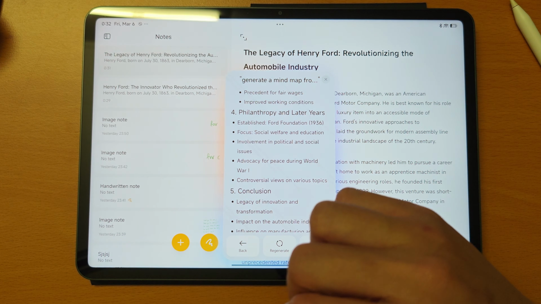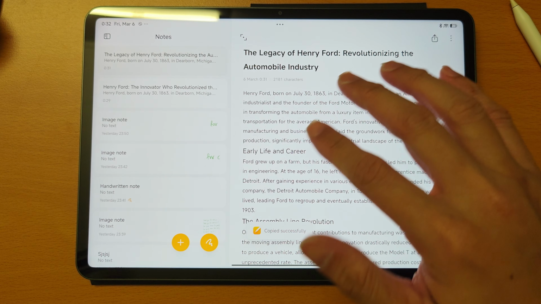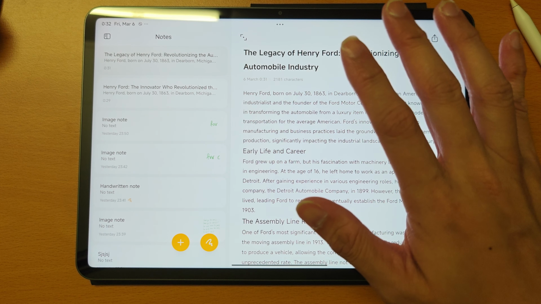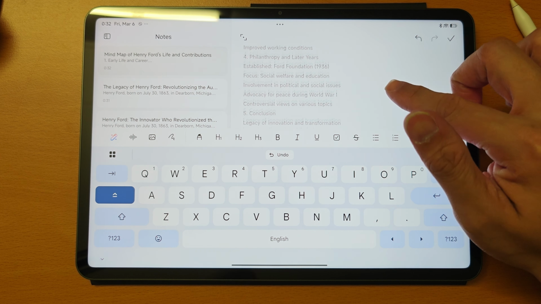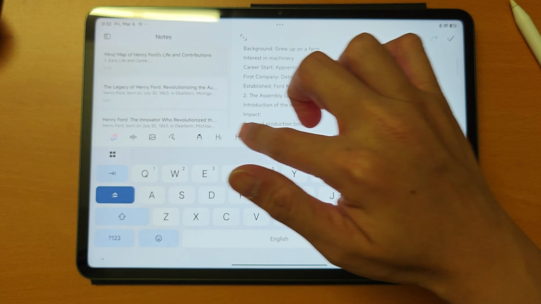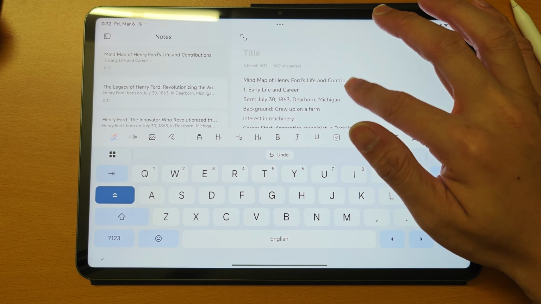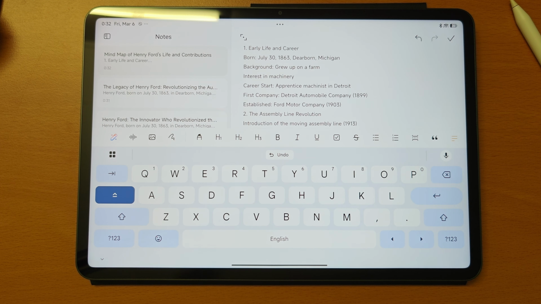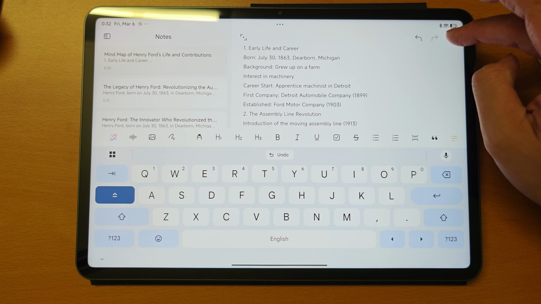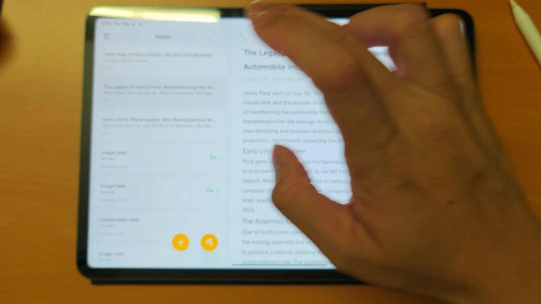But if you copy over everything and paste onto this Notes app, the formatting will be gone. Okay? See? The numbers are still there, but the point form will be gone, or the bullets will be gone. So this is not as useful as the one on Oppo Pad 5 global version, whereby the mind map is actually a real mind map. Now let me just go back to this article